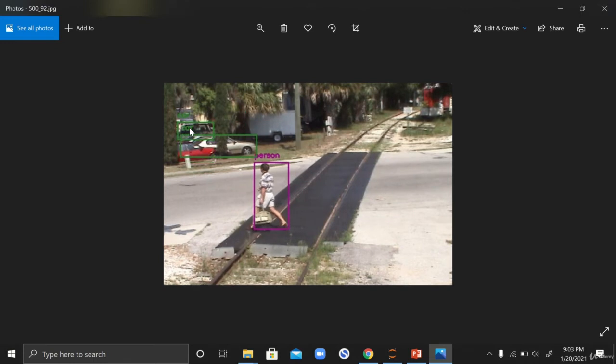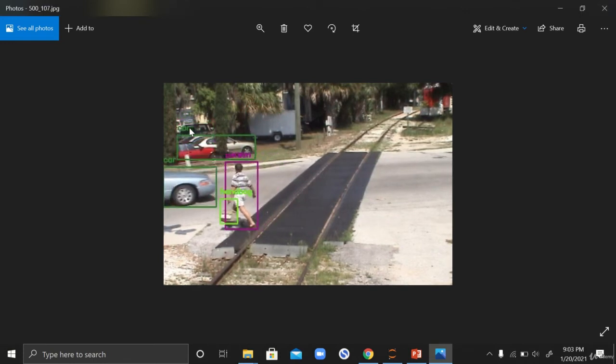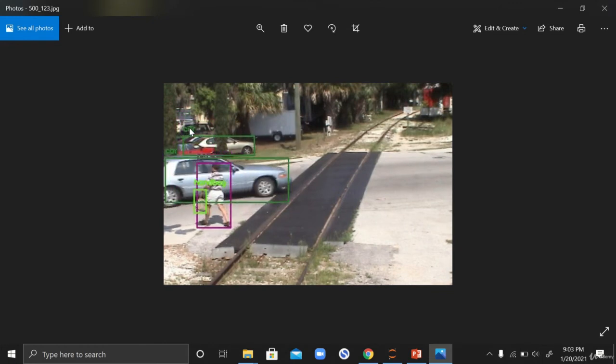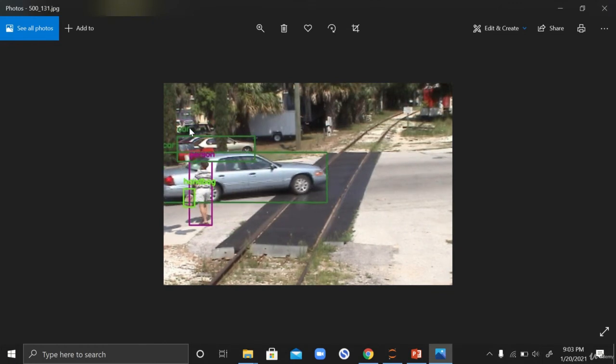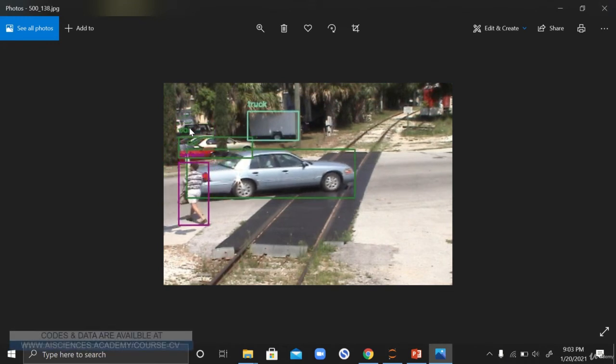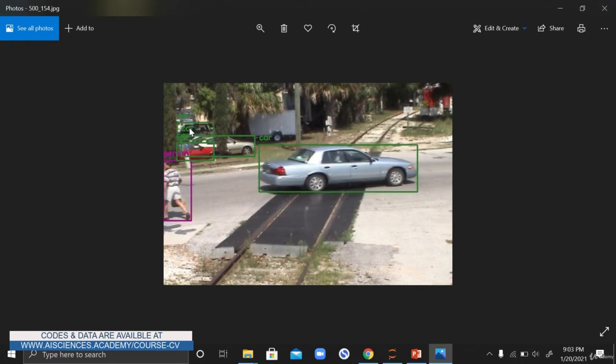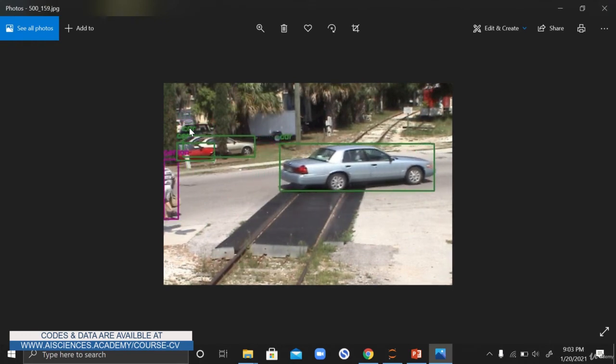Now I'm waiting for the car that should come from left hand side, and here we go. You can see that car is coming. So it is all automatically done by the code that you will see in the course, that is available in the course. So I hope that this is quite motivating enough,